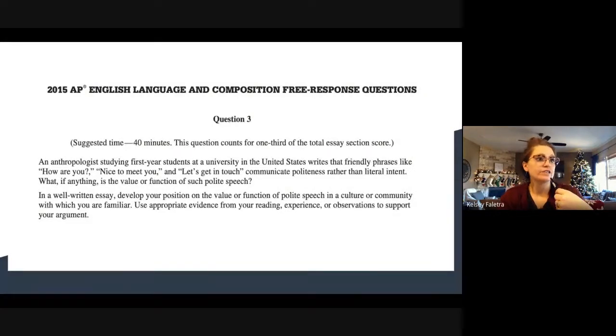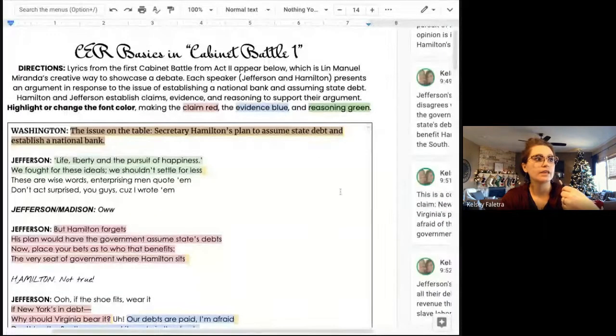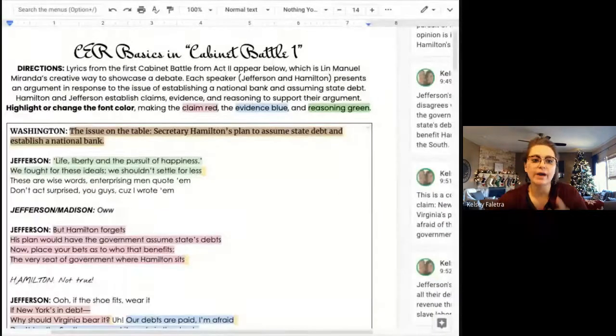The other thing I'd like to show you is I want to bring back claim, evidence, and reasoning, okay? I don't know if you talked about this in your sophomore classes, maybe, maybe not. But essentially, when we're articulating an argument, we're articulating a claim, we're backing it up with evidence, and then we are using reasoning to convince our audience, right? And so